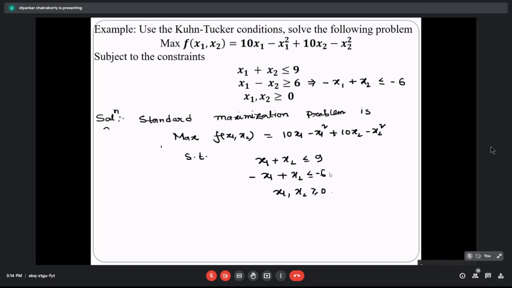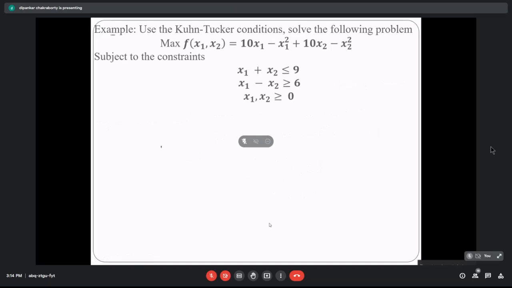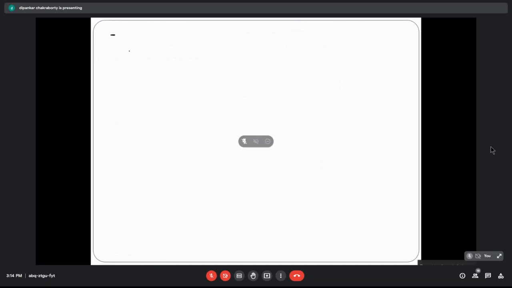So now we are going to create the Lagrangian function. Is it okay to all of you? What you have to do, you have to do this in the exam as well, because certain marks will be assigned to this part. If you do not do this part, you are going to lose marks. Clear to you what I'm saying? Okay. So now we are going to create the Lagrangian function.